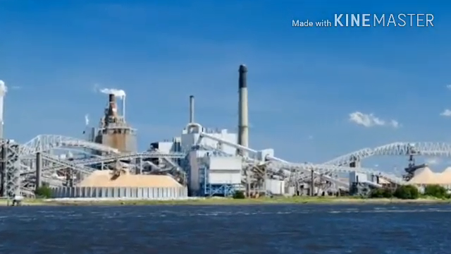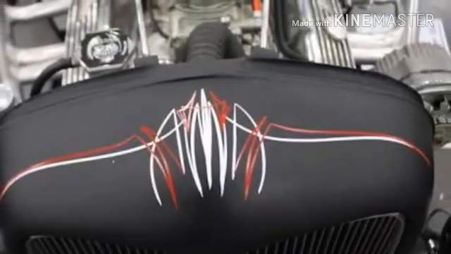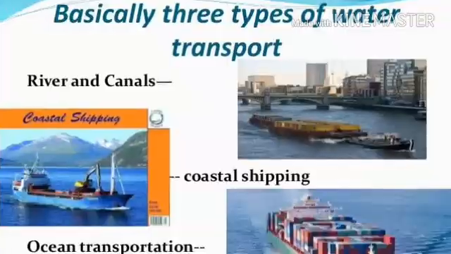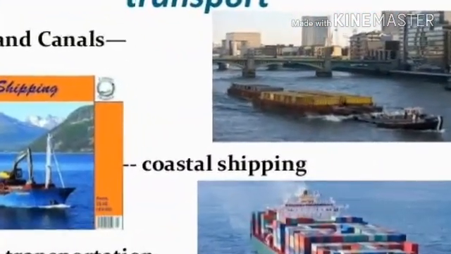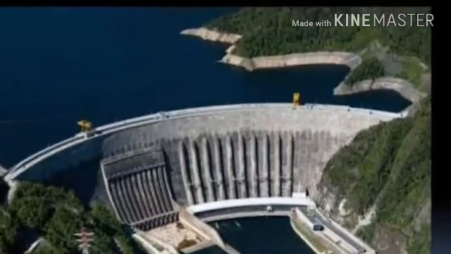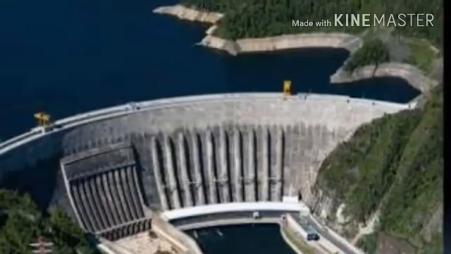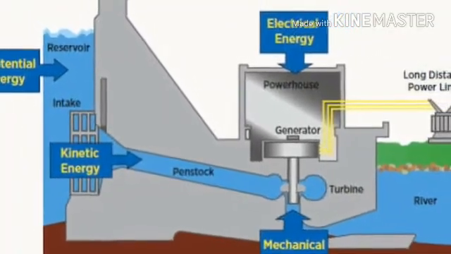So with this we come to know the importance of water in our life, where we use it for different purposes: at home, in agriculture, in industry, for transportation, for electricity generation, and so on. We use water even for seed dispersal and for drinking. So water is a natural resource. We'll discuss more about this in the next session.